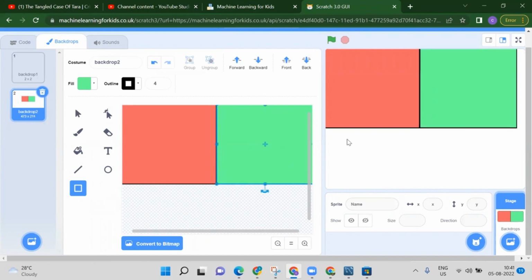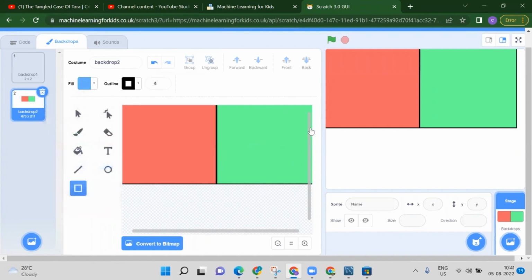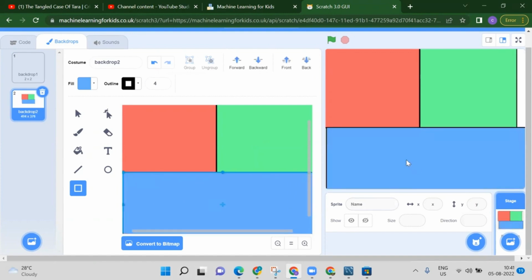That's perfect. Now I want to draw one more here. So after that, we have to take one another color now. This is my third color. Now we can draw one more here. So you have to just drag and drop like this. So see, now we have 3 colors,